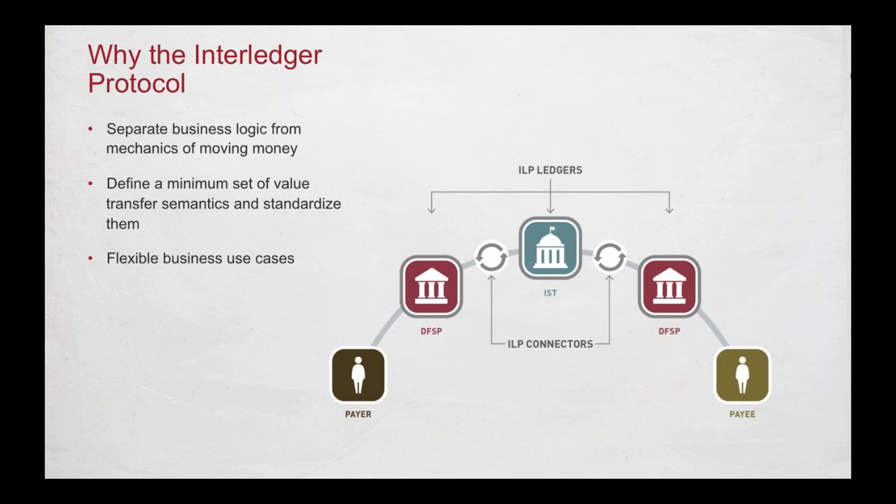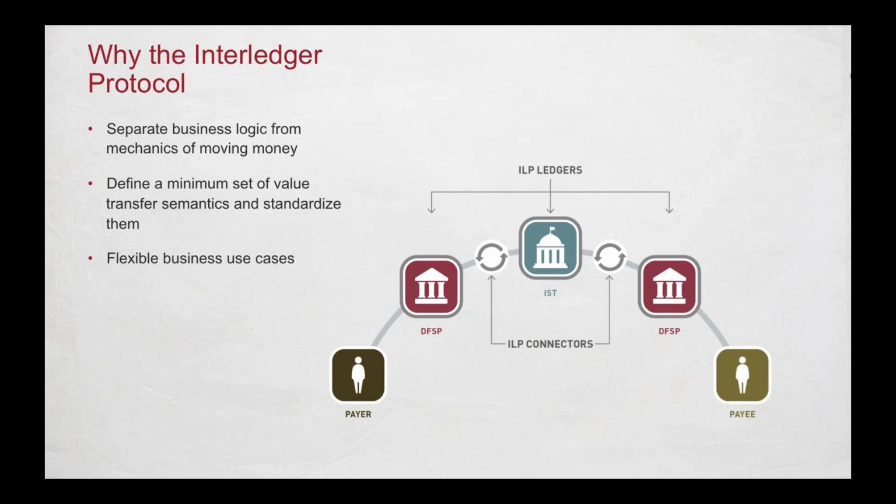And that's the method that ISO 20022 uses. If you were to exchange messages with a bank and you construct a message, it has to be carefully constructed in a way that that bank will understand it. But more, it has to also be constructed in a way that correspondent banks and connectors between the banks can understand it. We wanted something simpler than that, that said the business logic is really between the end parties and